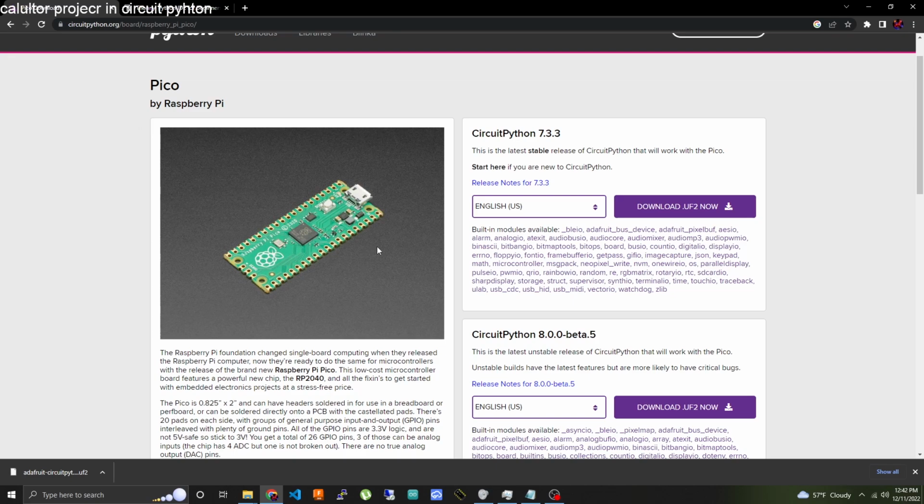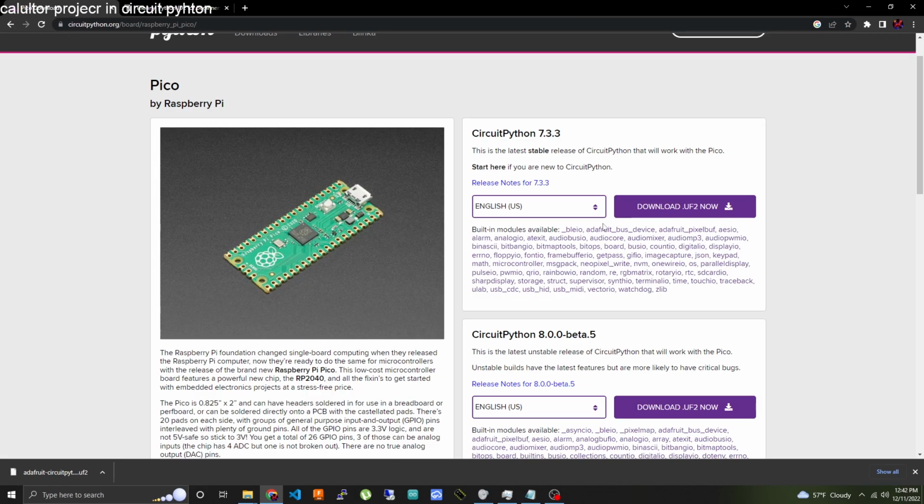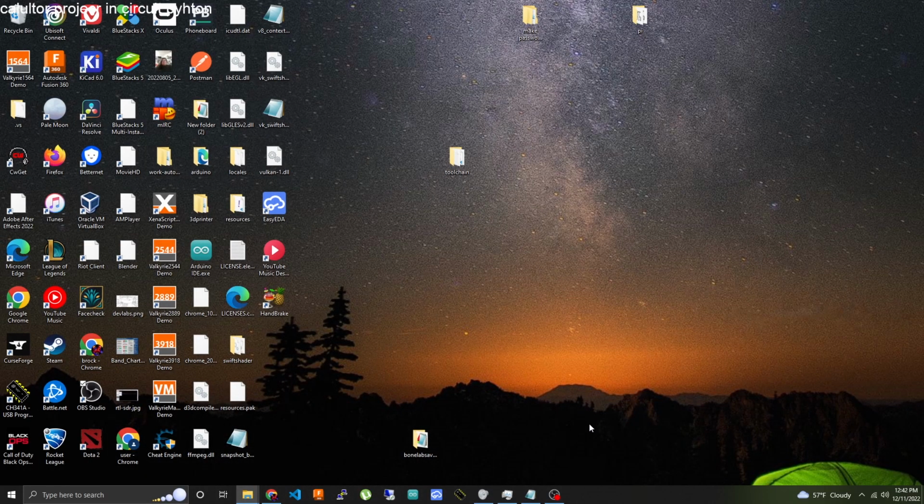First, we need to download CircuitPython itself that we're going to upload to the Pico. And then we also need to download the Thonny IDE so that way we can upload code to it. So download both of those for your respective operating systems. Once you have those downloaded, our first thing we need to do